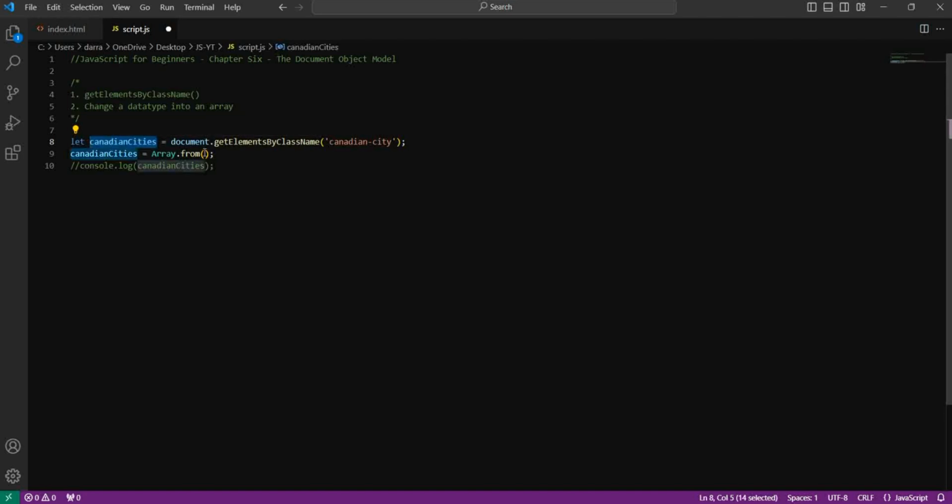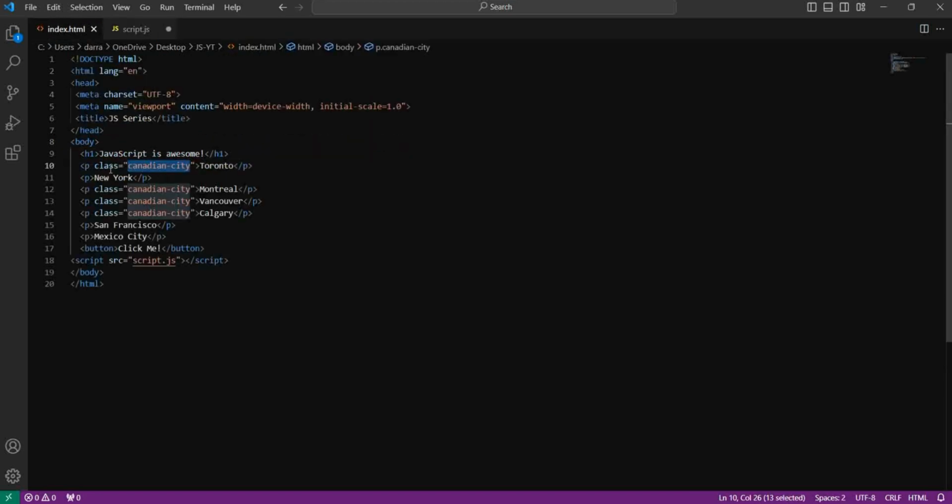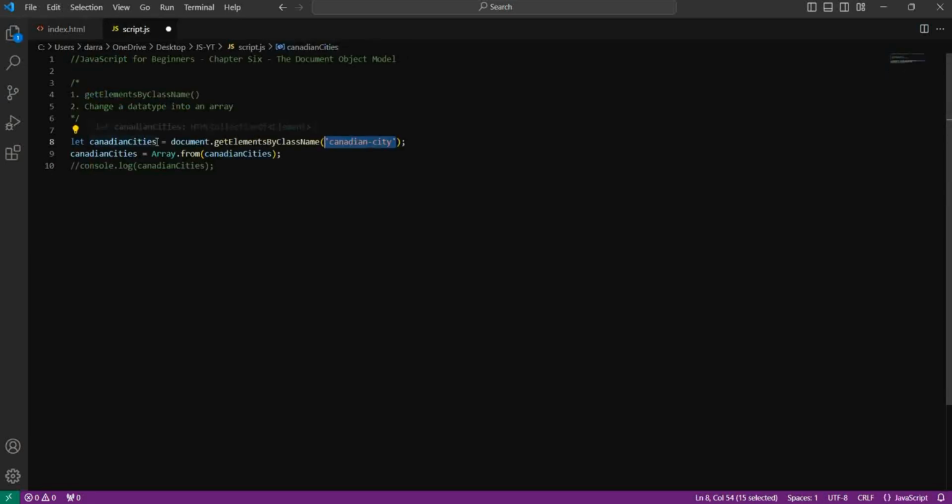So what I'm doing in the first line of our code is using get elements by class name, this inbuilt method. I'm saying document dot get elements by class name, passing in the class Canadian City that we have in our index.html file. I'm storing it in the variable called Canadian Cities. But then what I'm doing here is converting the Canadian Cities, this HTML collection, into an array. So here we are getting or grabbing the Canadian cities from the document object model, and then here I am converting the HTML collection